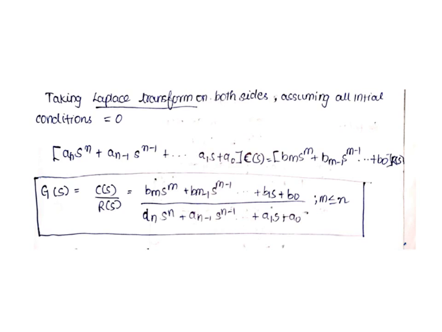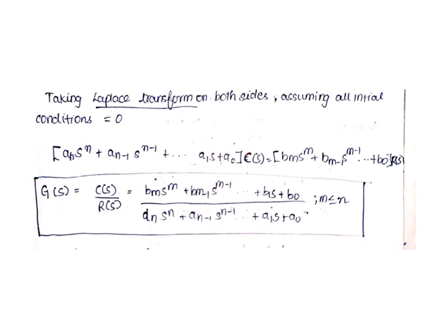Taking Laplace transform on both sides, assuming all initial conditions equal to 0, the equation becomes a n s to the power n plus a n minus 1 into s to the power n minus 1 and so on on the left hand side, and on the right hand side similarly, b m s to the power m plus b m minus 1 s to the power m minus 1 etc. plus b naught into